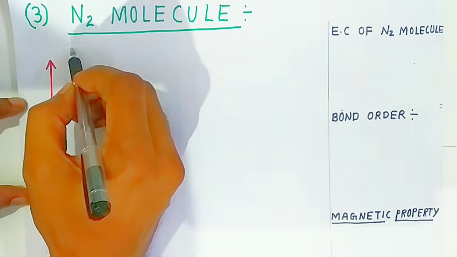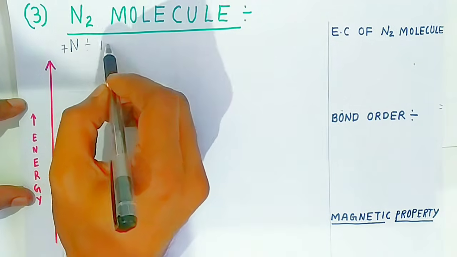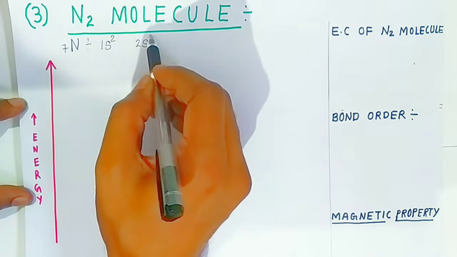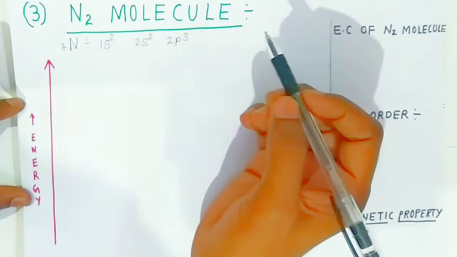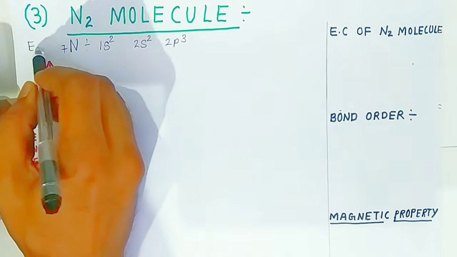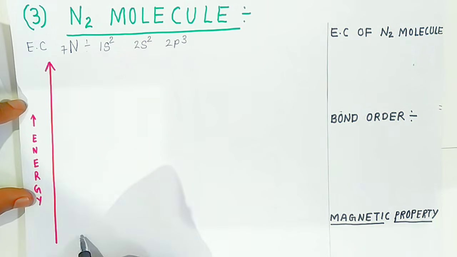What is the atomic number of nitrogen? 7. Electronic configuration students, 1s2, 2s2 and 2p3. This is the electronic configuration of nitrogen atom. Now students, when the atomic orbitals